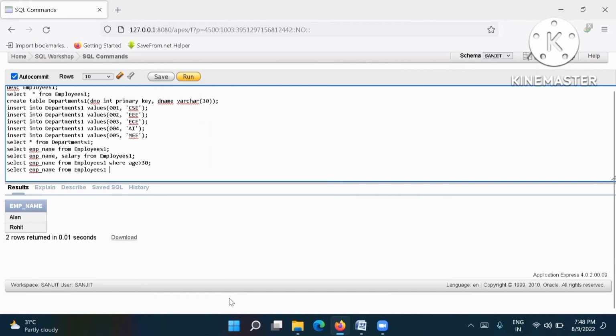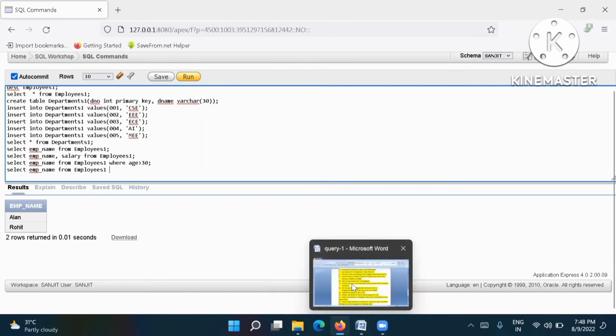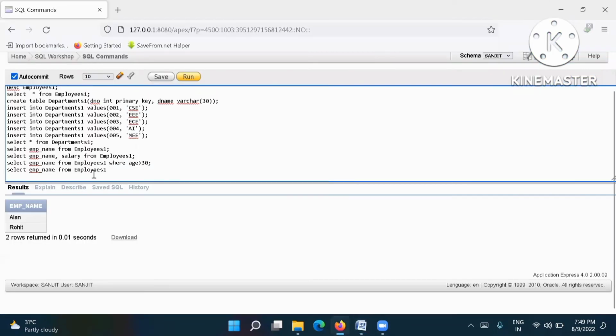What is the question telling? Number 9: name and age of female. The question is telling to take out the name and age of female. So I have to write employee name and age also here. Employee name, comma, age,